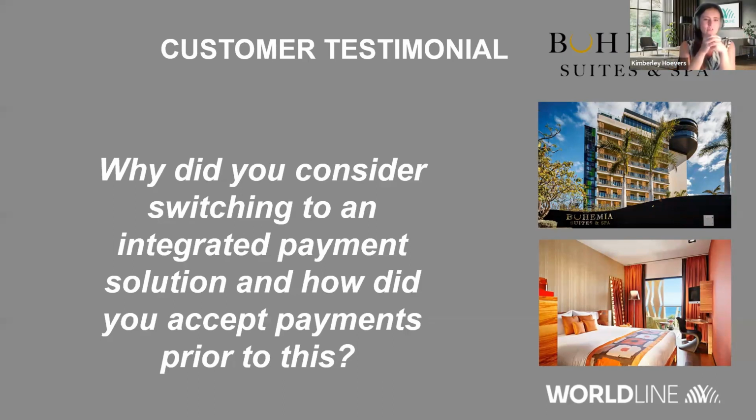As you said, the hotel is working with hospitality suites and Saferpay, which are integrated solutions. Can you tell us why you considered switching to an integrated payment solution? Well, as you mentioned, it was 2 years ago when we were advised to follow the PSD2 regulations. In other words, it wasn't possible for us anymore to type card numbers manually and